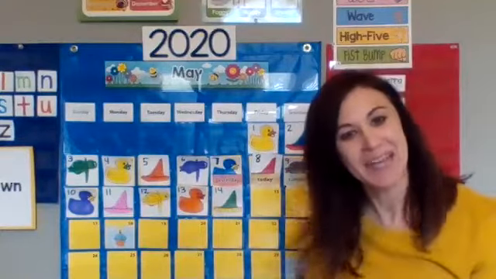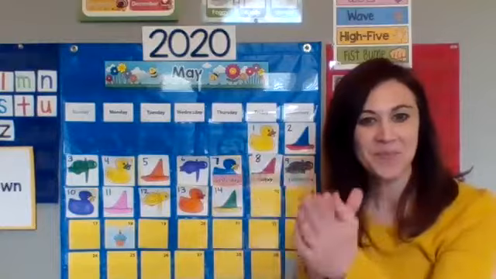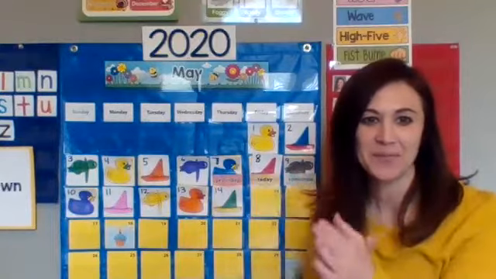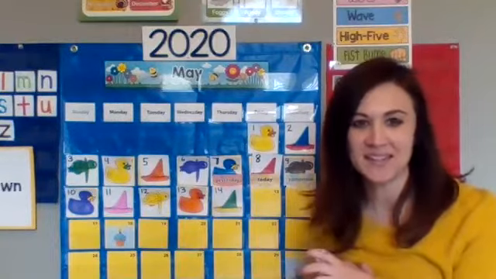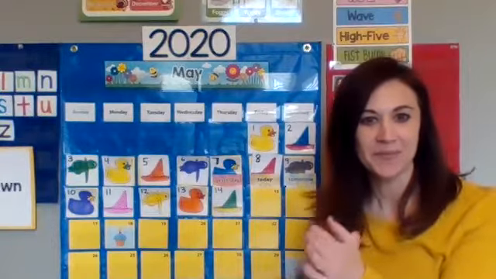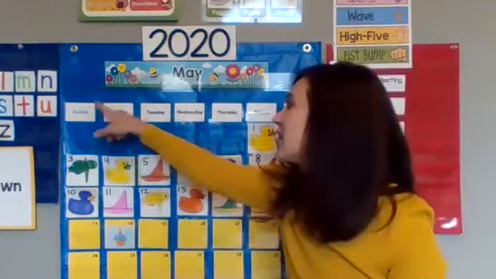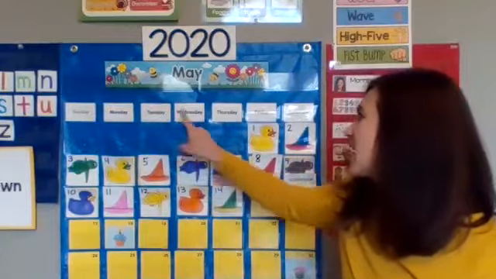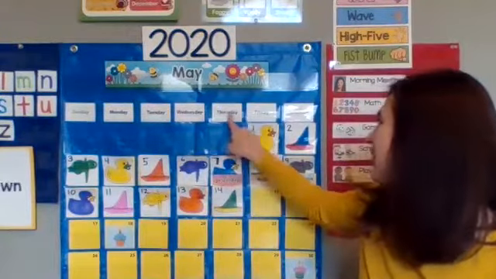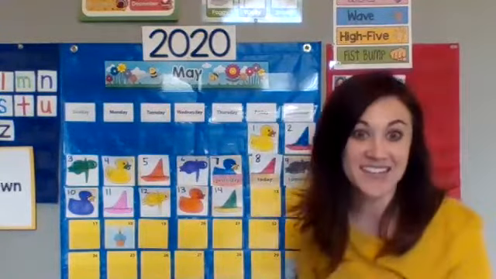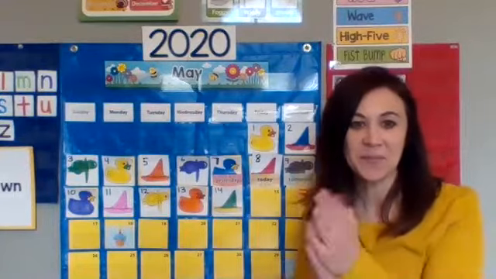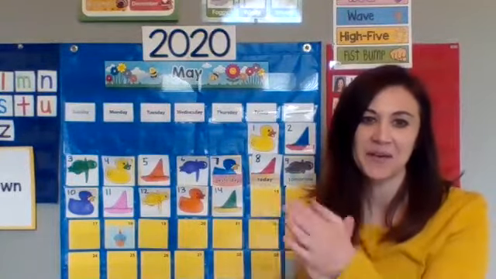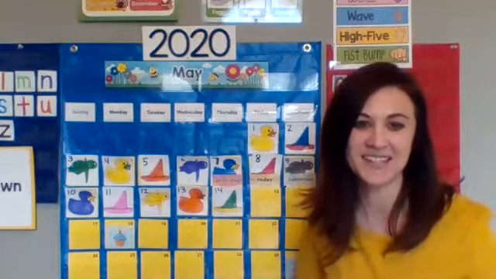All right, let's begin. Days of the week, days of the week, days of the week, days of the week, days of the week. There's Sunday and there's Monday. There's Tuesday and there's Wednesday. There's Thursday and there's Friday. And then there's Saturday. Days of the week, days of the week, days of the week, days of the week,